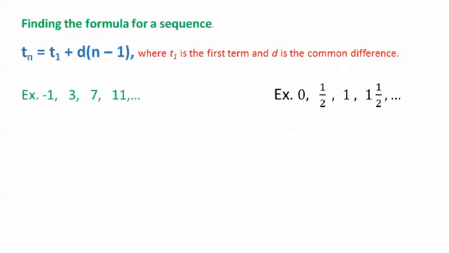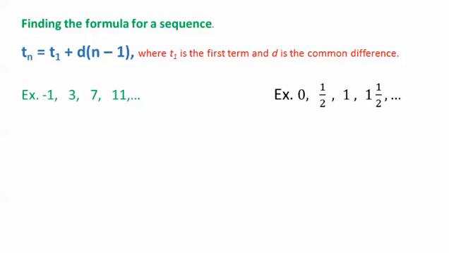Okay, now we're going to go over finding the formula for a sequence. You have t sub n equals t sub 1 plus d, open parentheses, n minus 1, close parentheses. And you're probably thinking, oh, Mrs. Ochesky, that's a lot of letters and numbers and a lot of craziness. But I promise you, it's very simple. Just follow these instructions. First, our t sub 1 is just the first term in the sequence, and our d